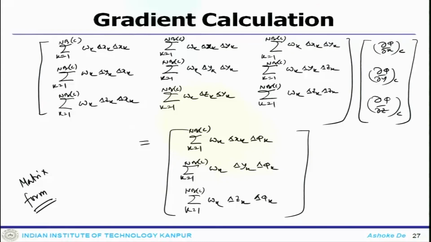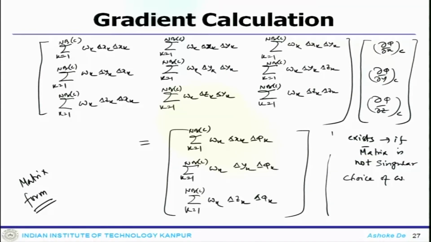Now, how do you find the solution to this particular equation? Obviously, the solution exists if this matrix is not singular. So, it has to be a non-singular system. Then also the choice of Wk is another factor.